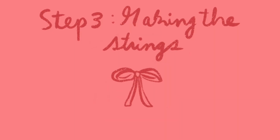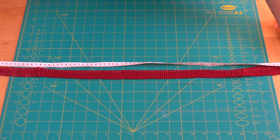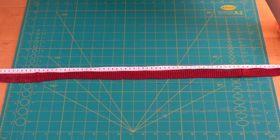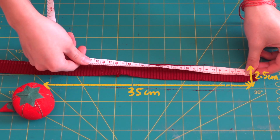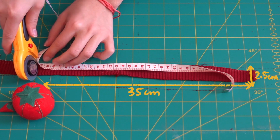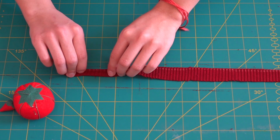Step 3, making the strings. Now, using scrap fabric for my ribbons, I had to use the end of my cardigan because I messed up, but I initially wanted to use the top of my tube. Cut 2 ribbons that measure 35 centimeters long and 2.5 centimeters wide, but I suggest you should use 4 centimeters wide if you can. The wider the better, because I had so little fabric to work with, so it was